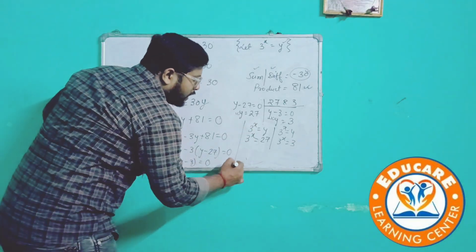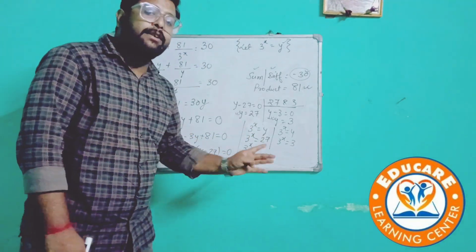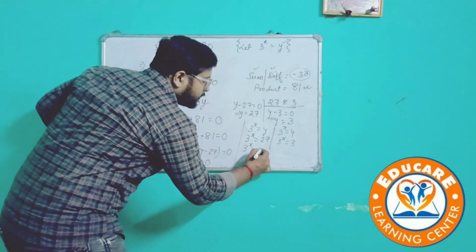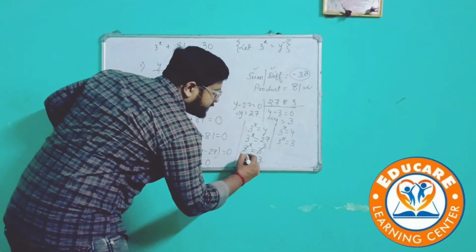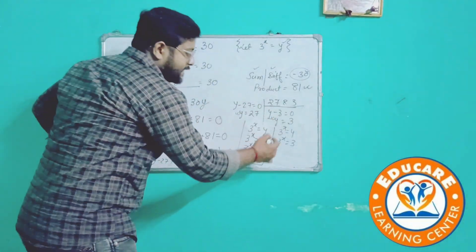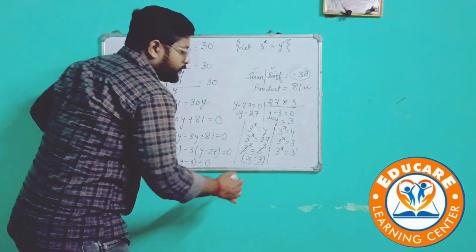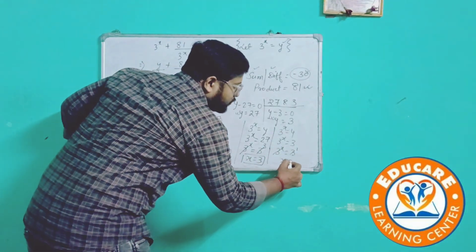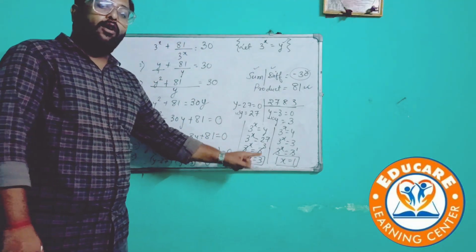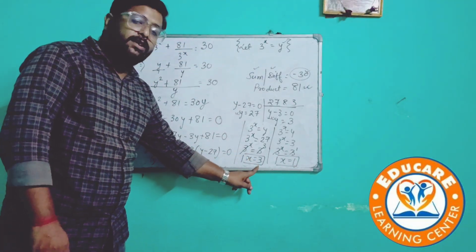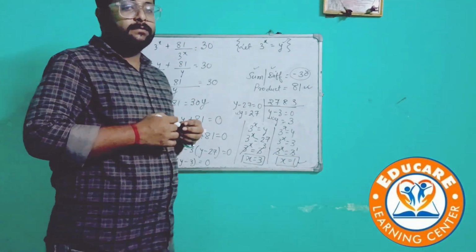Now if we solve it further, 3 to the power x is equal to 27. If we write 27 as a power of 3, we get 3 to the power 3. So the bases cancel, and the first answer is x is equal to 3. And let's solve the other: 3 to the power x is equal to 3 to the power 1. From there the bases cancel, and the value of x is 1. So we have found the two answers of x, that is x is equal to 3 and x is equal to 1. And this is our final answer.